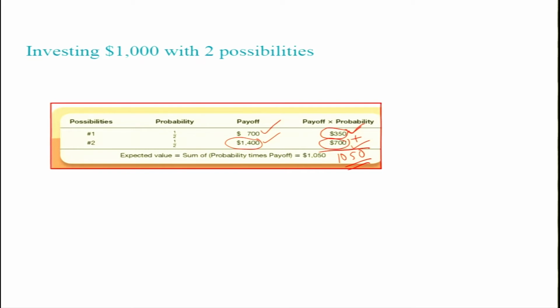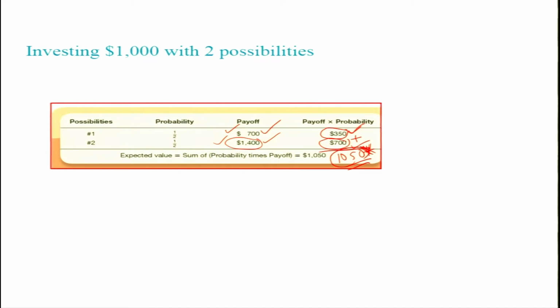In general, the expected value of an investment is a very useful concept, but it can be difficult at first. The problem is that if we make this investment only once, we will obtain either 700 or 1400, not 1050. We won't be getting that 1050. Regardless of the number of times we make this particular investment, the payoff will never be 1050.